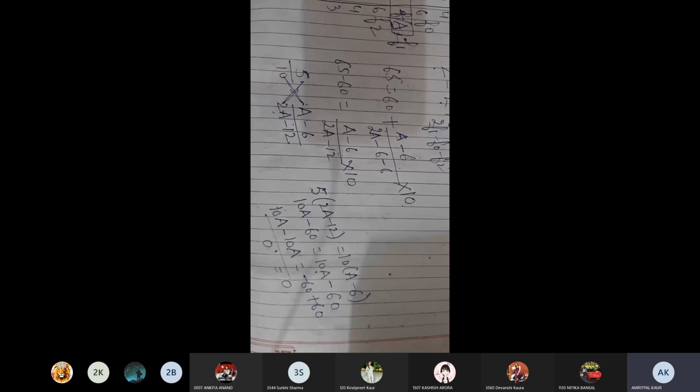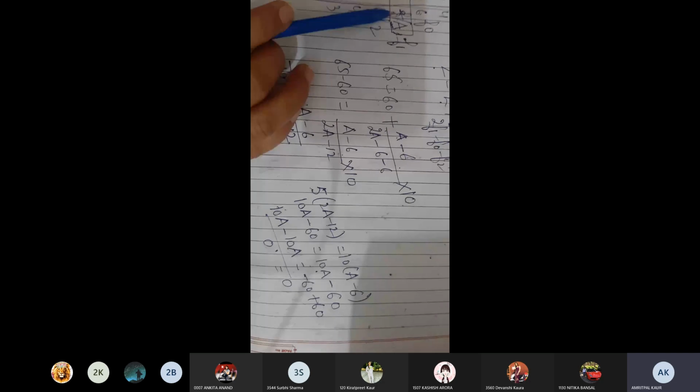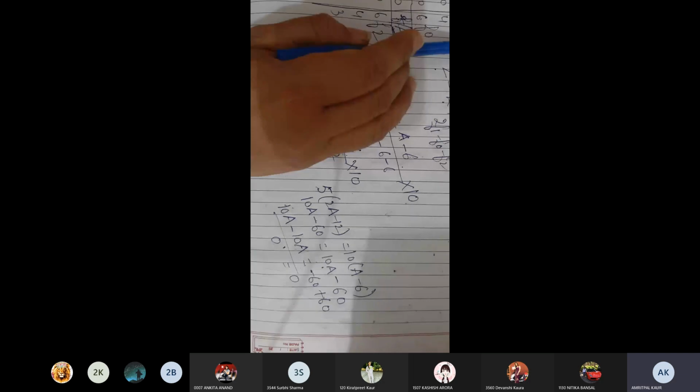Otherwise, please keep in mind this is the formula only. If there is a missing frequency, there is some mistake they have made in the statement. That is why we are not able to get this answer. But please keep in mind that this is the formula we are going to follow. Some frequency will be missing, and the mode will be given to you. You have to look for the mode within the class intervals.